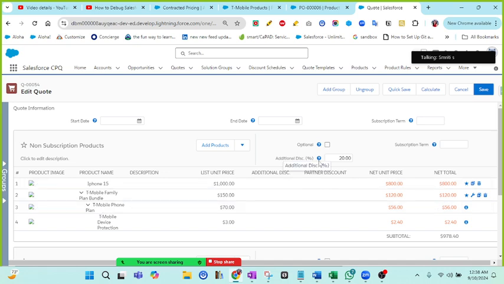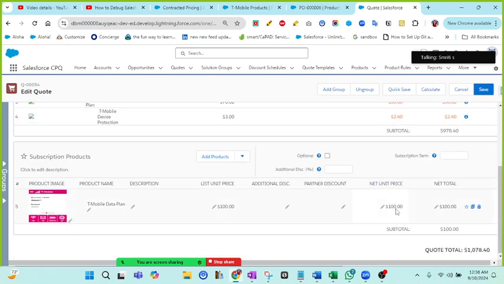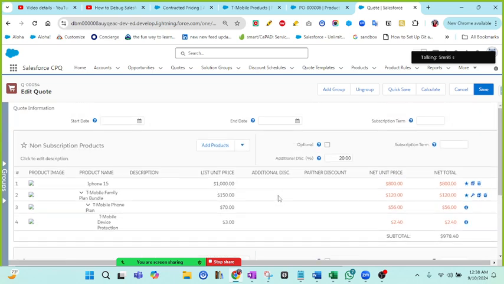See this. Once we do the 20, it is calculating just for this group and not here. So see, additional discount is here also in the quote line and it is here also. So the additional discount is on quote level. We can add the field in the field set. It can be at quote line and also at the group. For example, if you put a 10% discount here and click on calculate,